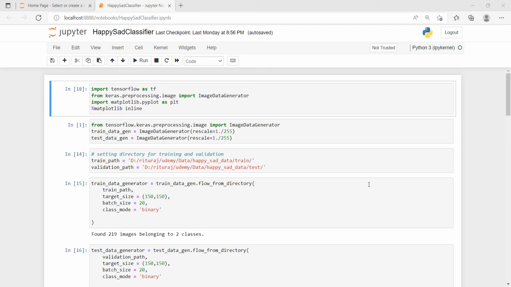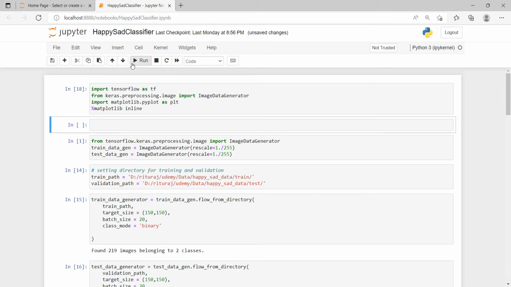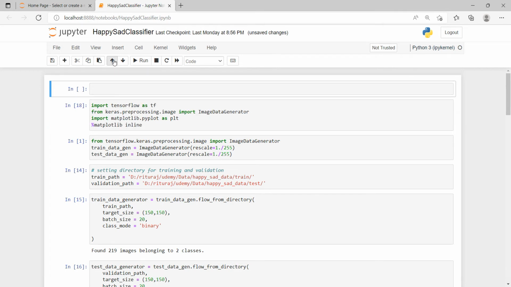So friends, now we're going to discuss the practical section where we're going to build two types of classifiers. The first one is the happy and sad classifier, which will have the happy and sad data sets. And the second one will be our favorite one, the mask and unmask classifier. So this one is known as the happy and sad classifier, which will